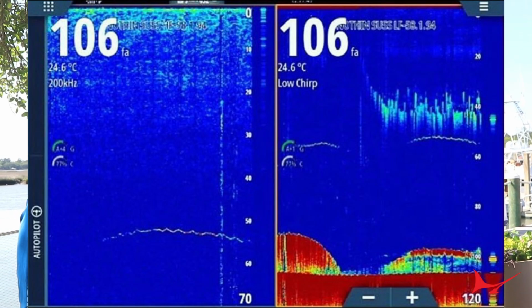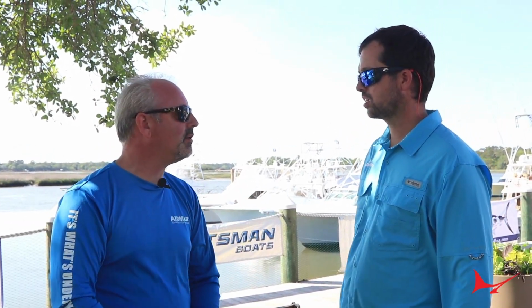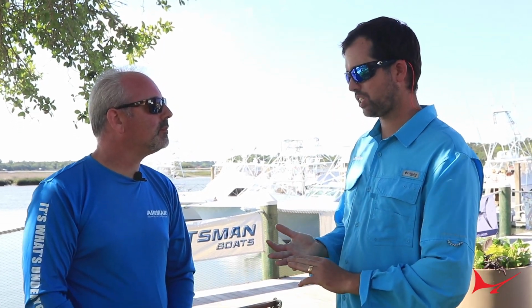So you can basically look at different zones at the same time with different applications. Absolutely. For the most part, there's a configuration we can come up with that would give you access to plug in all of those different frequencies into your sounder screens. Oh, great. So you guys can provide information and hardware solutions for new boat projects, for retrofits, sort of, how